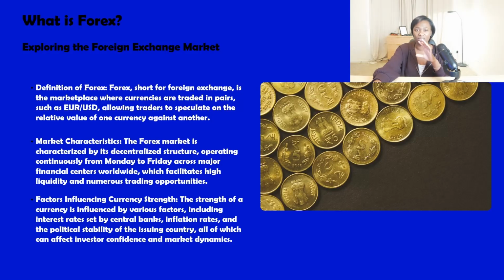Factors like interest rates, inflation, economic growth data, and political stability or instability affect how strong or weak a currency becomes. Think of our president and how he will tweet something and either our market will go up or down. The economic and political data is very, very key in the market. And the key is that you can make money whether the market goes up or down, and I'm going to teach you how to trade the market when it goes up or down.